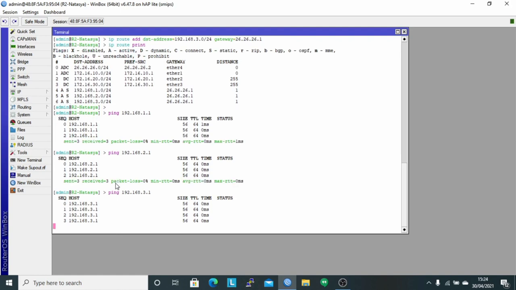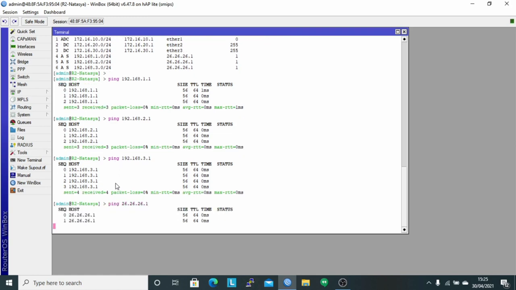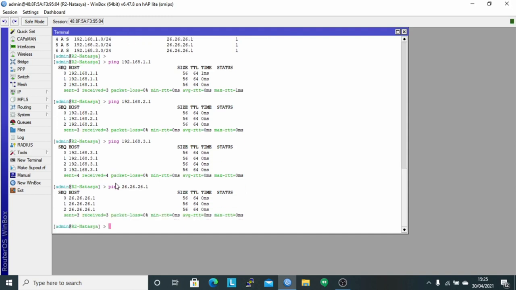It can be seen that the result is reply. It means that the router 2 client is able to connect with the client on router 1. And next, ping to the IP gateway on router 1 with the command ping 26.26.26.1. It can be seen that the result is reply, namely router 2 is connected to router 1.